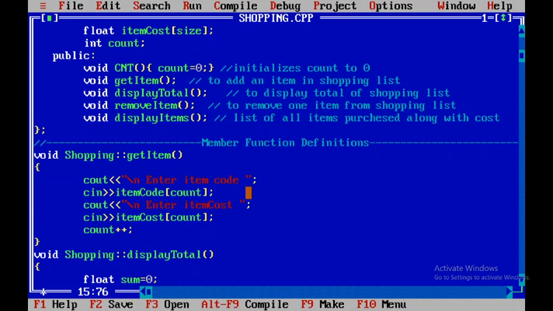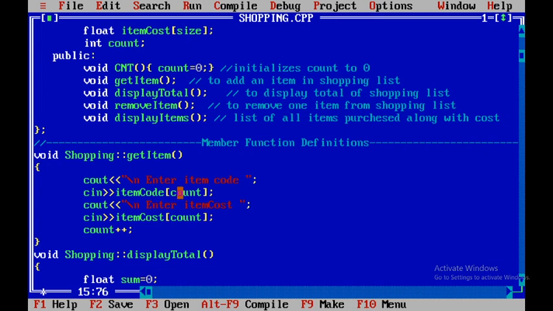So remember, when we are going to create a new order for shopping, after creating the object, we will call the cnt method, so that initially for every order, for every object, the count value will be 0.